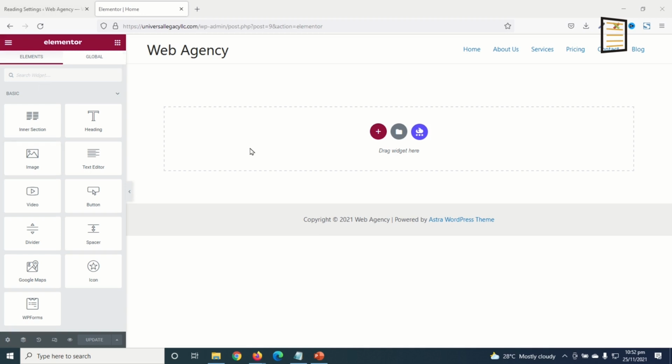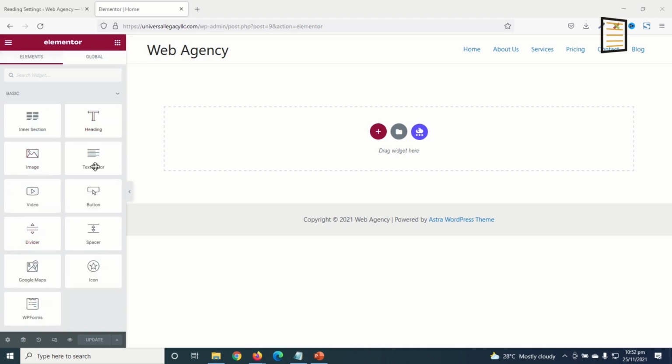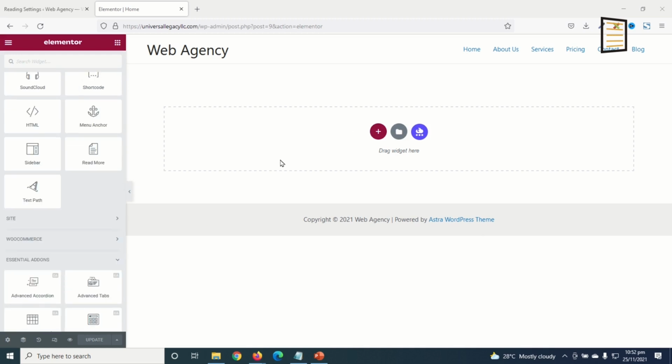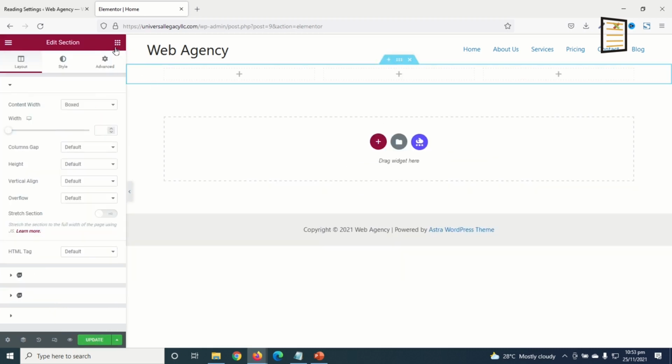So when you open your page with Elementor, at the left hand side are the widgets or the elements that you can use one way or the other to design your page. So first of all, in order to use these elements, you need to insert a section where you can place your elements to build your page with. So I click on the plus icon here, and I'll have the various structures in here that I can use in order to create my page. So I can choose maybe 3 columns,